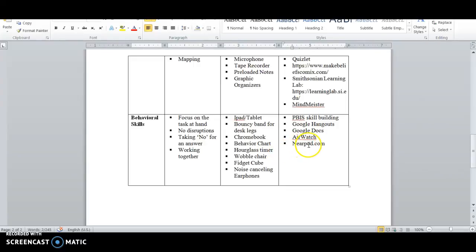And then as far as software for behavioral skills, Nearpod.com allows the teacher to control what the student sees on their Chromebook, for example, so that the kid's not getting distracted, not wandering elsewhere, they're on the same page as everybody else, to keep them focused. So this is my task